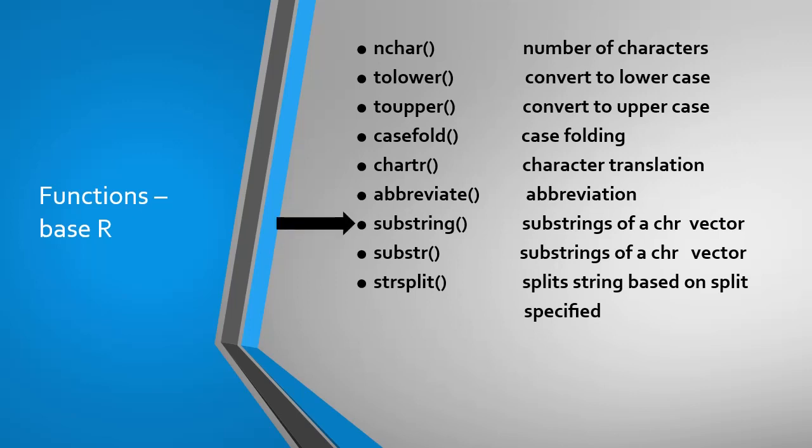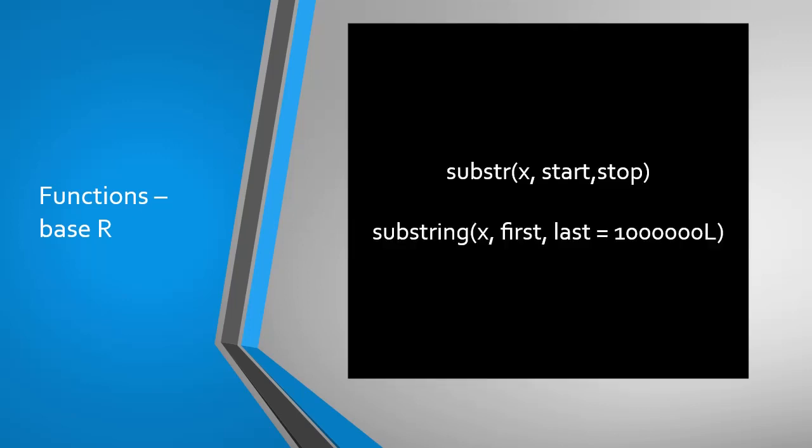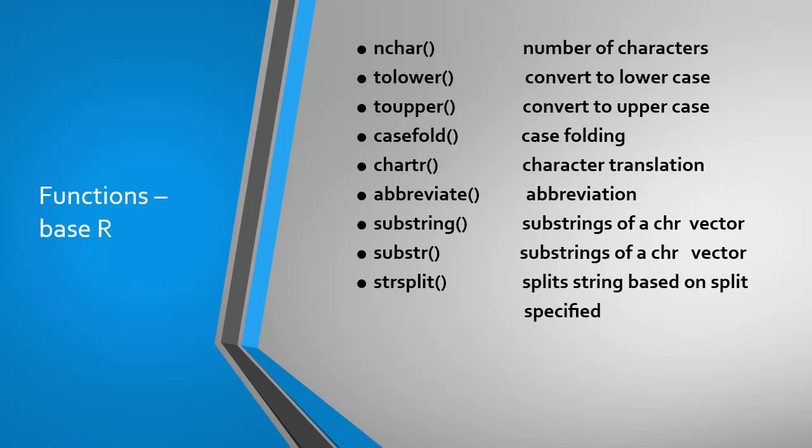The substr and substring functions operate similarly but with an important difference. In the case of the substr function, we have to provide from and to positions in the string for extracting. In substring, only one argument is sufficient. Apart from that, this function also helps in recursive operations. We will see what this is in RStudio. The strsplit function splits the given string of data as per criteria specified by us.